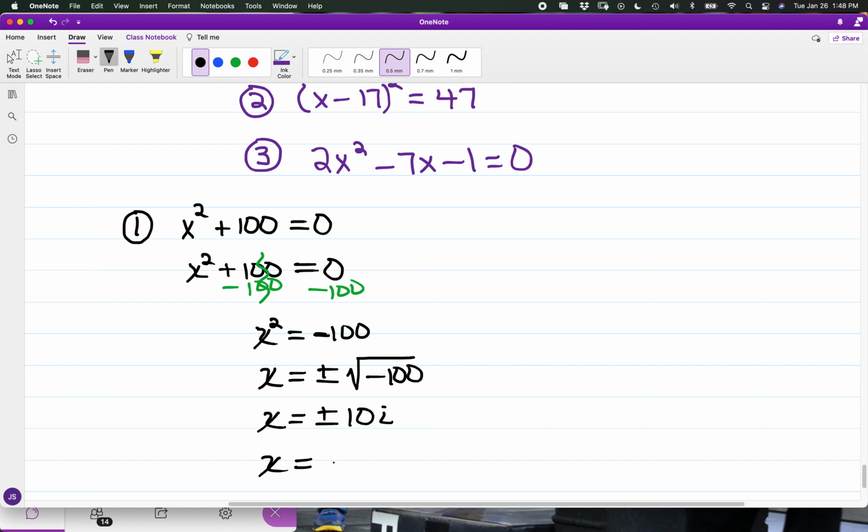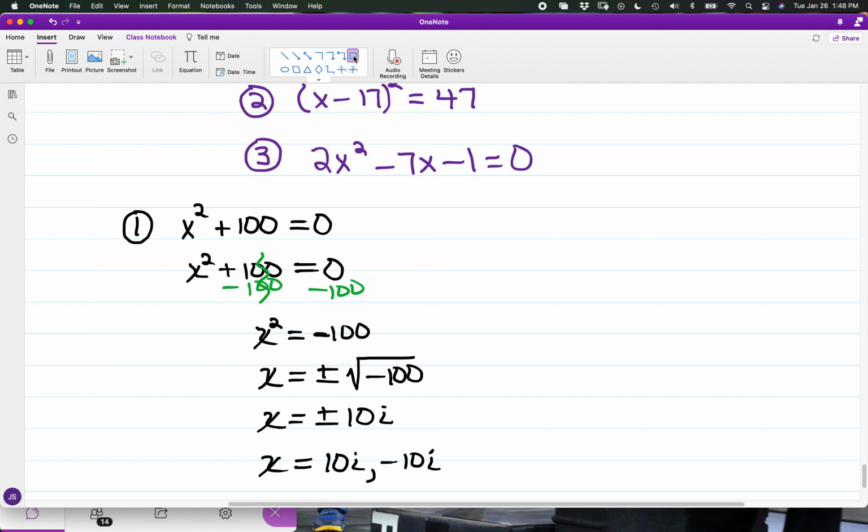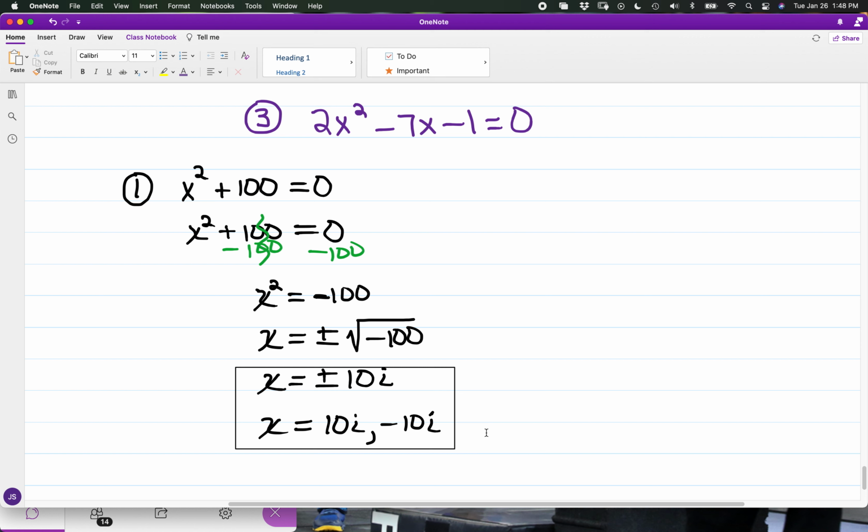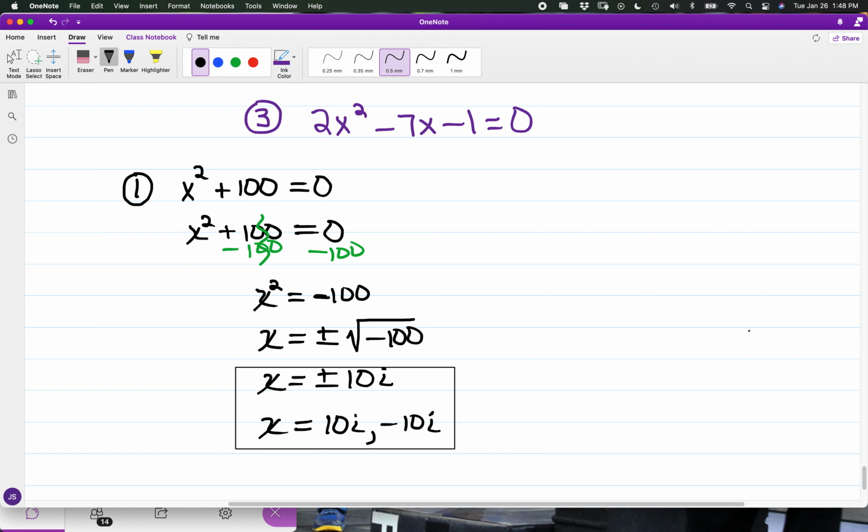So, just separating the terms, I have x is equal to negative 10i as well as 10i. So I have exclusively complex solutions for x. Now for the second equation,